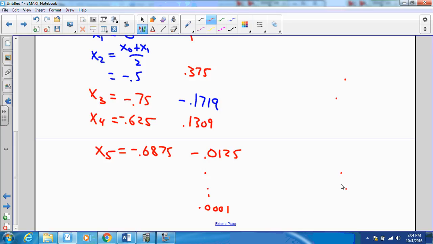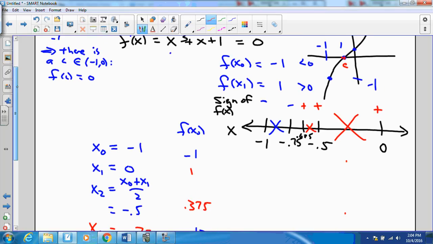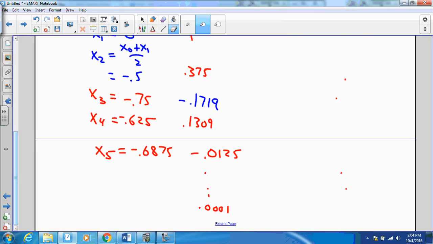Here's another thing. If I have a computer to do these calculations for me, done. So this is actually not a horrible way to go. But usually, computer scientists will use it as a backup method if the other method I mentioned fails. Okay. So, this is the bisection method, and just to recap,